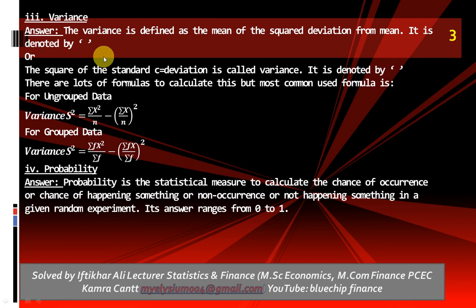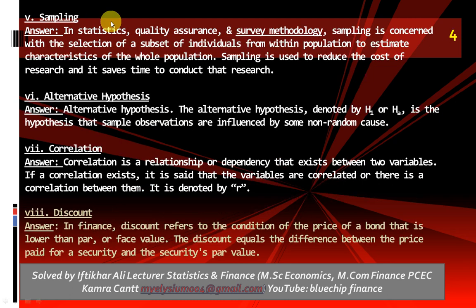Variance, I already discussed in the previous paper about the dispersion. It is a measure of absolute dispersion. Formulas are also given here. Probability is the statistical measure to calculate the chance of occurrence or non-occurrence of something, or happening or not happening of something. Sampling,